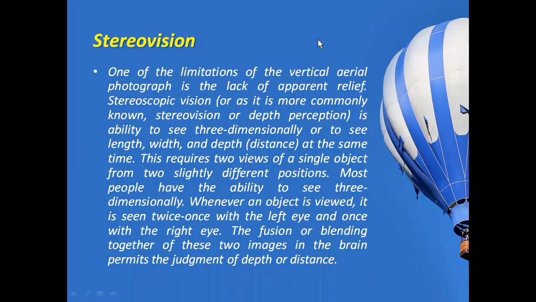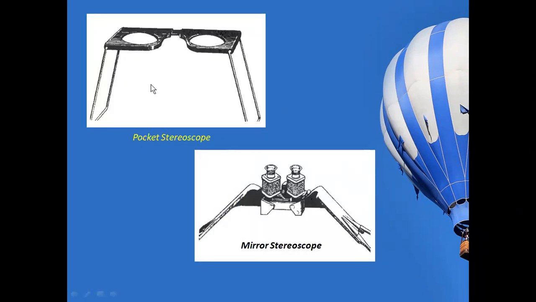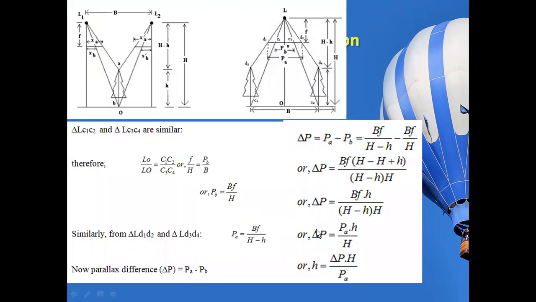Next is stereo vision. Stereo vision we covered in the basic concepts, and similarly here also, but with somewhat more elaboration. Here these are the pocket stereoscope and the mirror stereoscope. Below we have to place the aerial photographs. By viewing like human eyes, these overlapping aerial photographs show a three-dimensional view. Based on this, we identify the altitude and the parallax measurement of the aerial photographs.